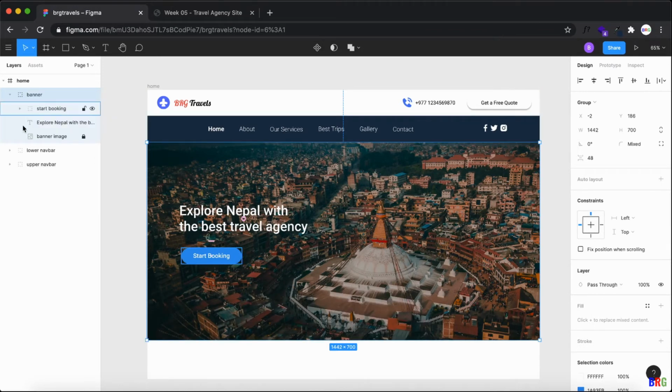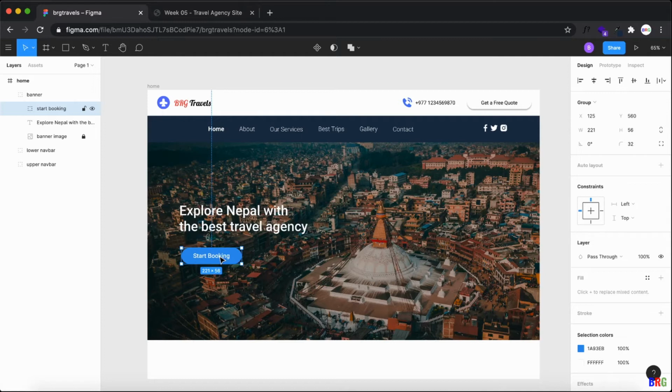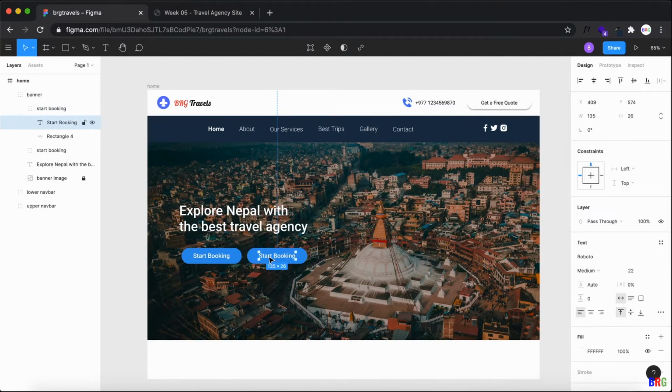Now we are inside the banner, and then Alt and drag, and I get another one, okay. Here you can see, so I can give this as view offers, okay.